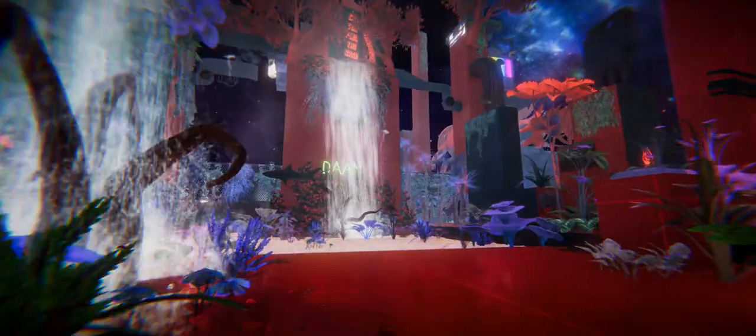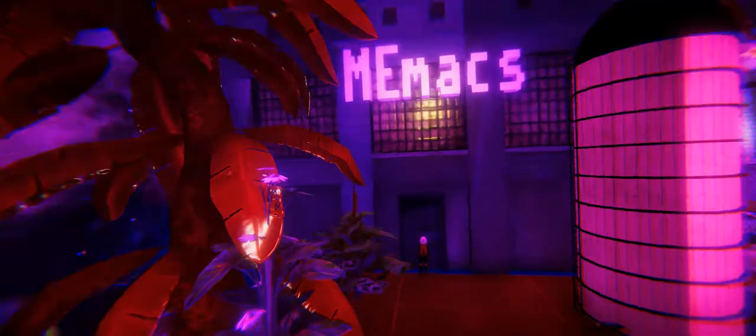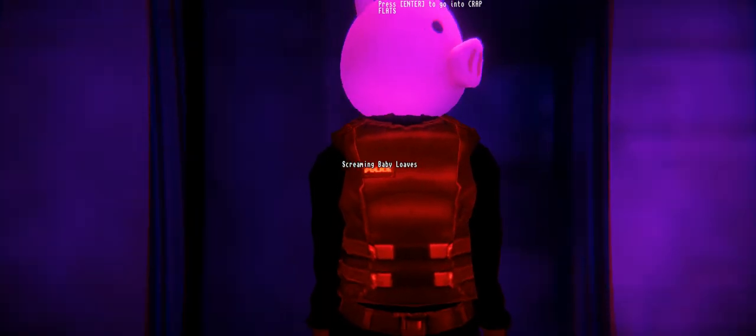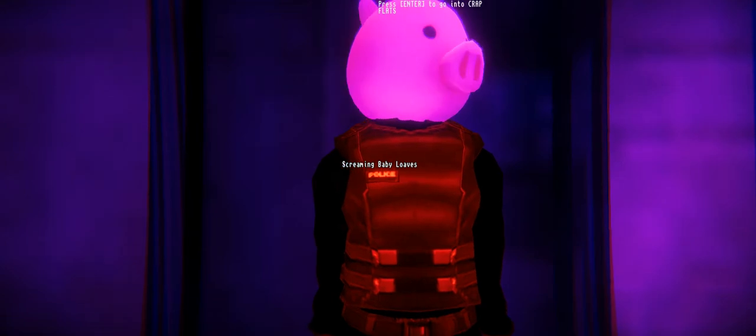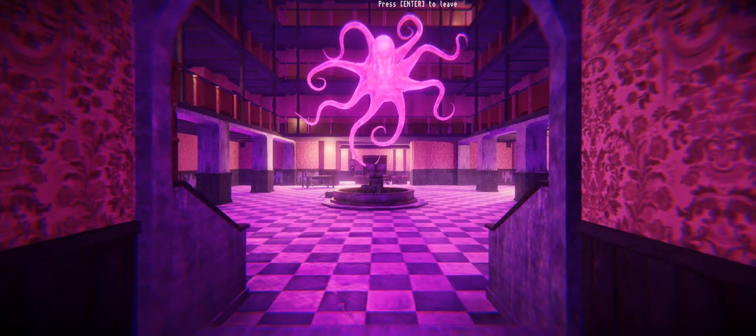Now I think we go to Mimax. Let's do it. It feels really nice in third person getting around now. First person climbing and that. Right, this guy's going to try and stop us getting in, but no, we won't be stopped by a security guard with a round cartoon pig head like that, whose name is Screaming Baby Loaves. So we go in, and it